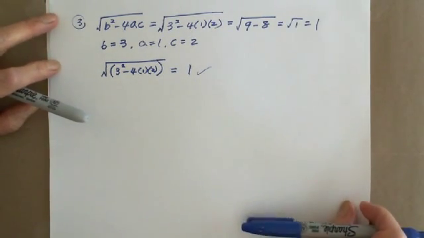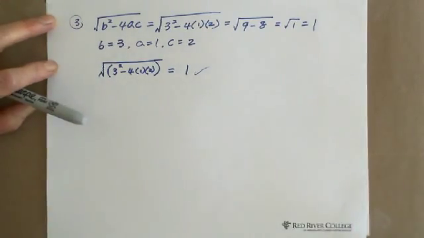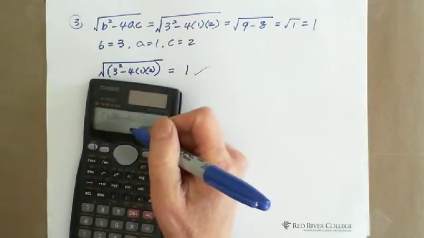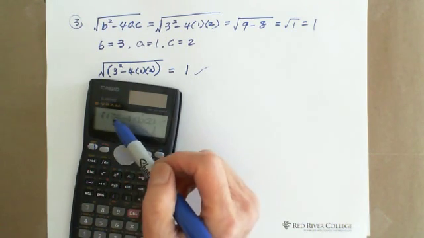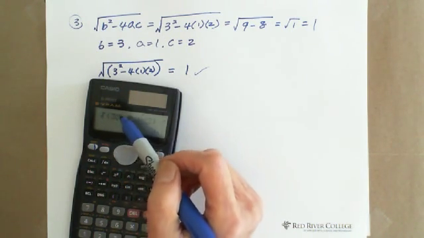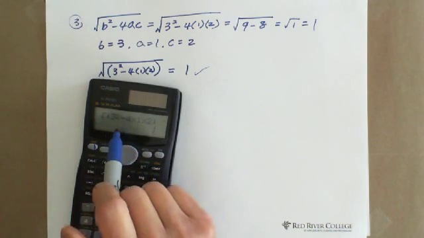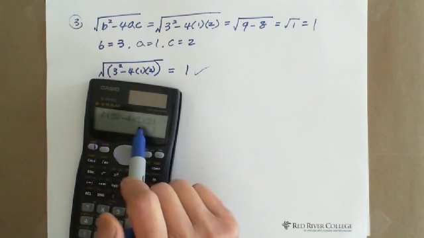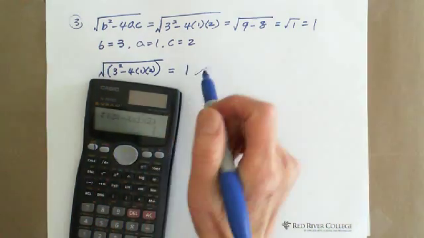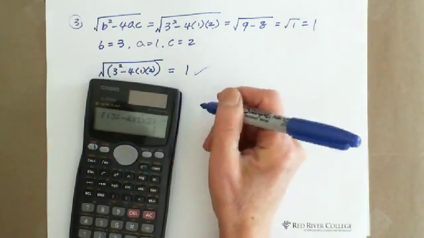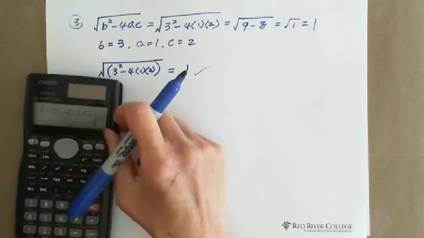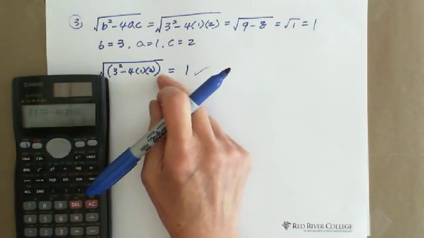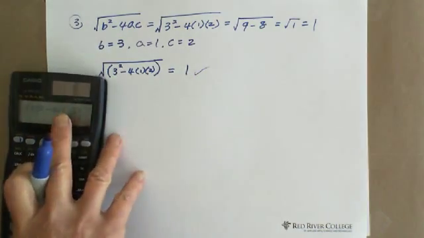That is to calculate. You need to put bracket. Otherwise, they do square root of 3 squared first, then minus 4 times 1 times 2, right? Yeah, they do it this way. The other way, sometimes you forget to put bracket, you have a problem. But the other way you can do is